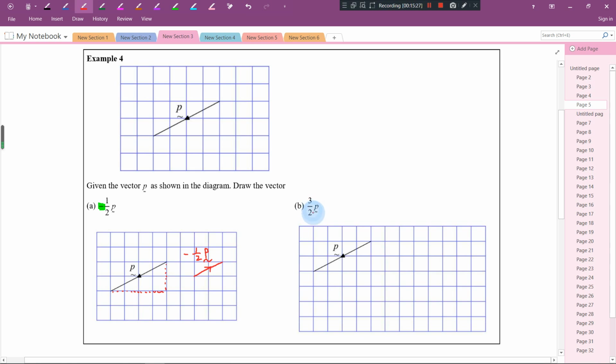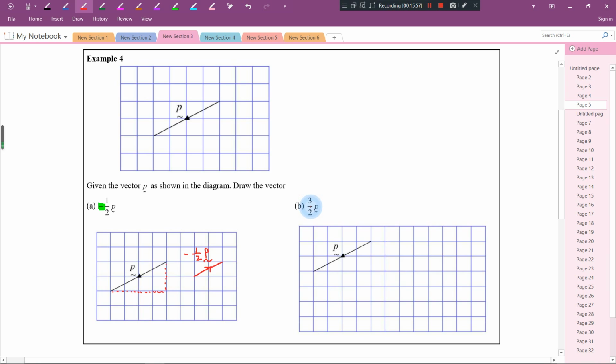So how about this? Okay, you don't see any negative sign here. It means the same direction. So this vector and this vector, they are parallel, just in different directions. They are parallel, and the magnitude will be different because this is longer, this is shorter. They have different magnitudes, but they are parallel to each other. So how about this one? Same thing. Now I'm going to draw a line which is parallel to this one, but longer